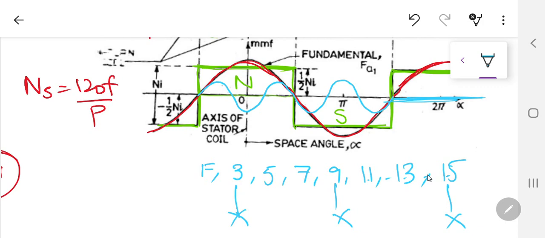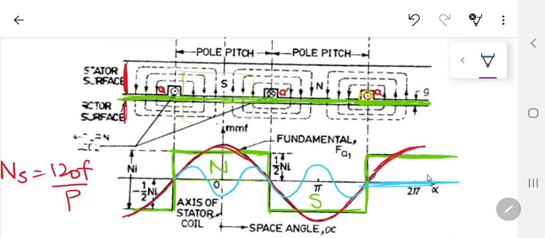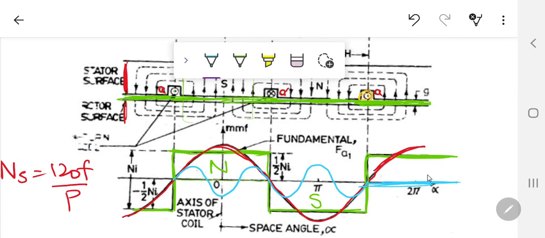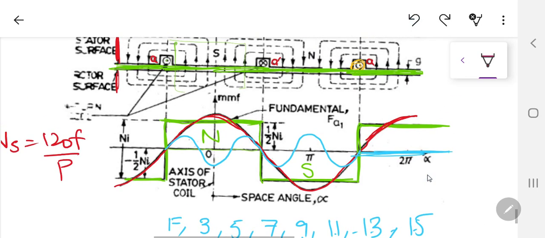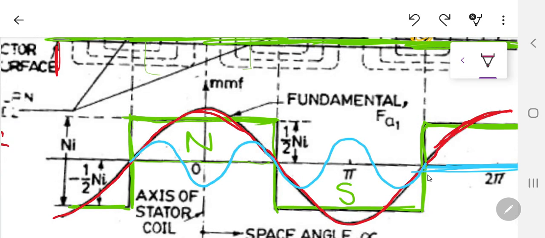Now this is the EMF, or the MMF, sorry, inside a concentrated machine. So what you got by a concentrated machine was a green color waveform, MMF, that was a square waveform, and it had lots of frequencies. It has the fundamental 50 Hertz, it has a third harmonic, and if you want me to draw the fifth harmonic over here as well, it will be a little difficult, but I can try. So I hope I have drawn the full 1, 2, 3, 4. Okay, sorry, I have drawn the fifth harmonic.